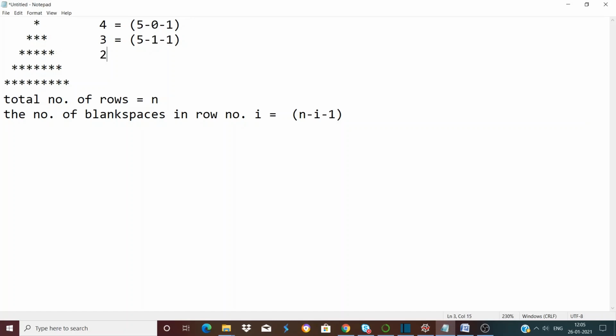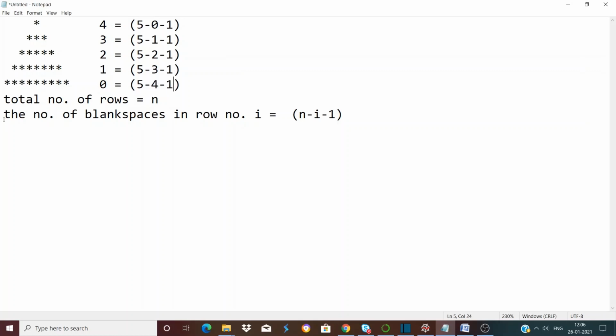So for this we have 5 minus 2 minus 1, then we'll have 1 blank space, that is equal to 5 minus 3 minus 1, and then we have 0 blank spaces, that is 5 minus 4 minus 1, right?